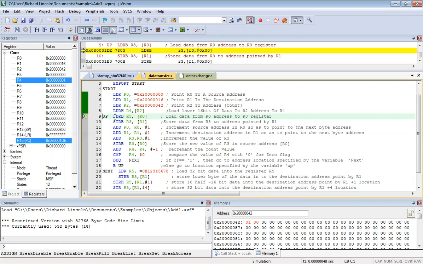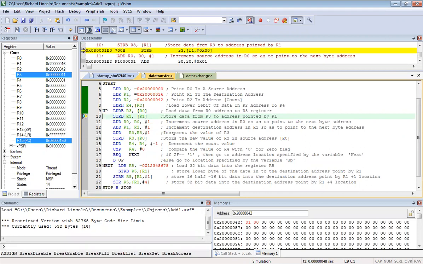Now next let us see how this instruction is going to happen. This is telling us to load the information from whatever is in R0 to R3. So what is R0's address pointing to? It is pointing to 0 0, 2 and then 7 zeros. You can even see it from your left-hand side, your register bank here. From this register bank also you'll get an idea. Fine, so let me just execute this. You'll be able to see that whatever the contents were there, I had given 1 1, right? So 1 1 has been transferred to R3.